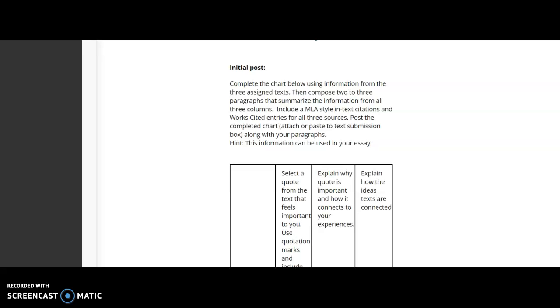For the Health Week 2 discussion board post, you will be doing a quote analysis chart, filling that in, and also underneath that chart you'll be writing 2 to 3 paragraphs that summarize the ideas from all 3 articles. In fact, this is a review of something you've done before with the tech learning module. All right, so basically you'll be completing the chart, and if you have some trouble opening the chart, the link which is right here,